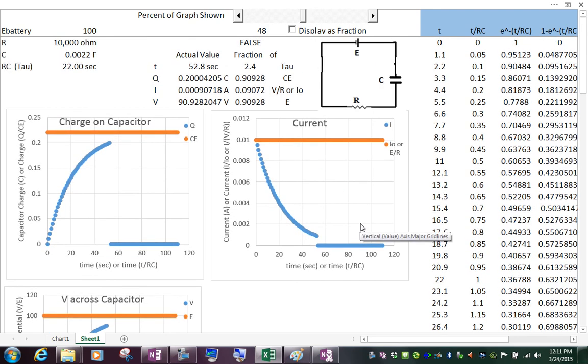So I'm going to give you guys a problem that you can work on with the capacitor charging, and